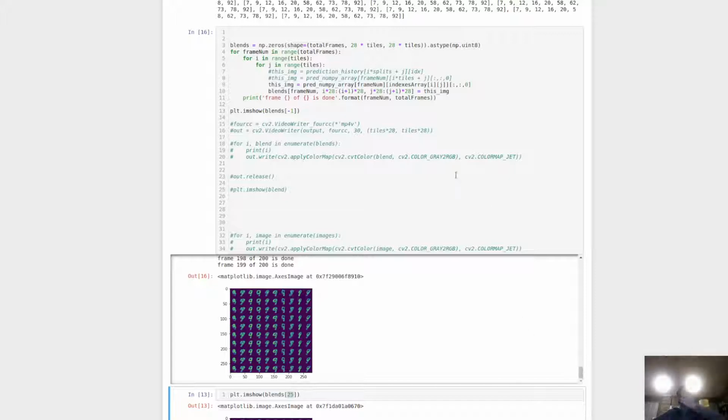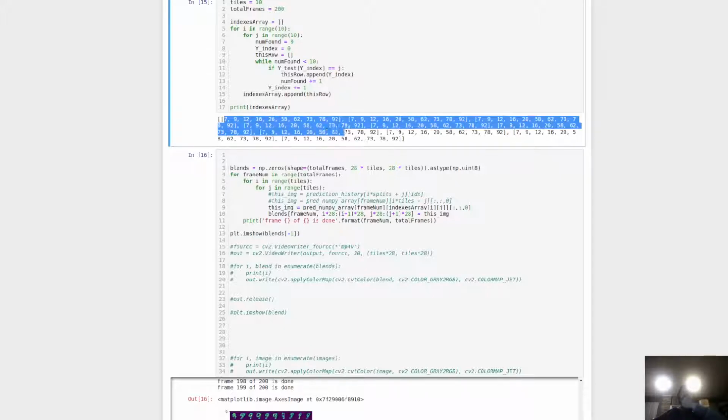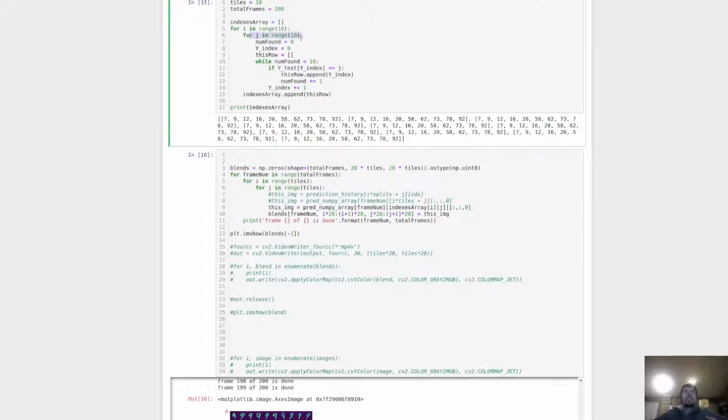Did I do all 9s? How do I? This seems really stupid. Oh, these are all 7 9Gs. Okay. For j in range,